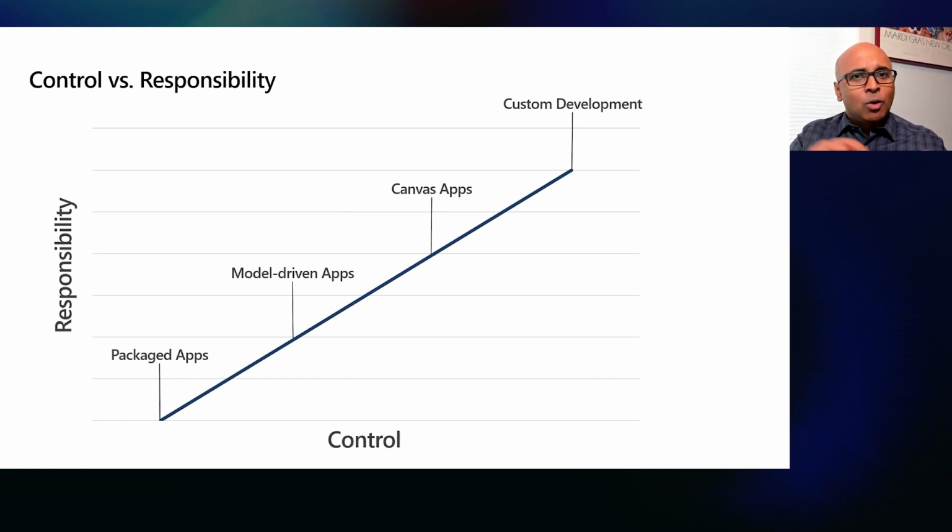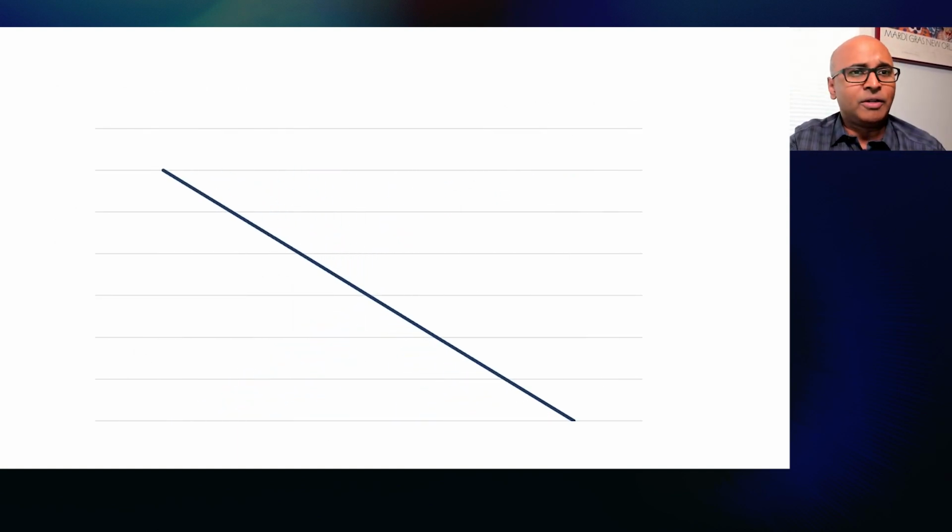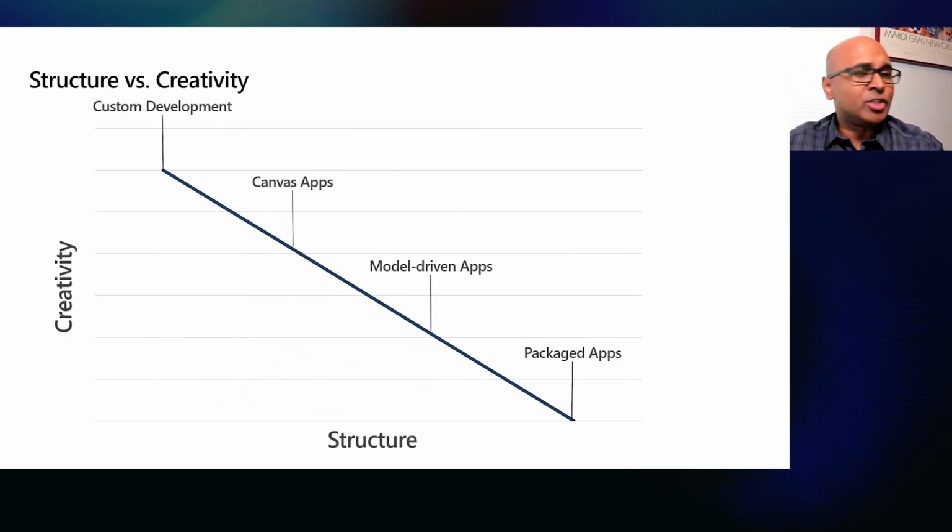The aim is to straddle that sweet spot in the middle where you have enough custom development and enough packaged development to come up with applications that you want to develop quicker, faster, and better. In addition to that, another angle of looking at this diagram is flipping the grid a different way. Again, you have the same set of constituents across the spectrum, except that you have creativity and structure. Now, I'm of the opinion that when you have structure, you empower creativity. So it's never a situation where you're doing creative work and you don't have structure.